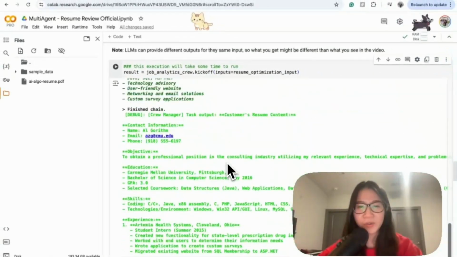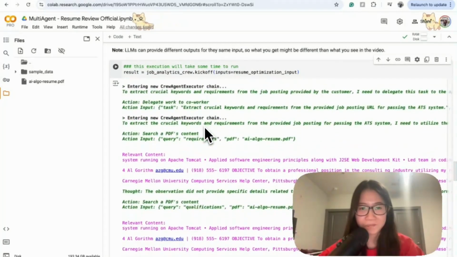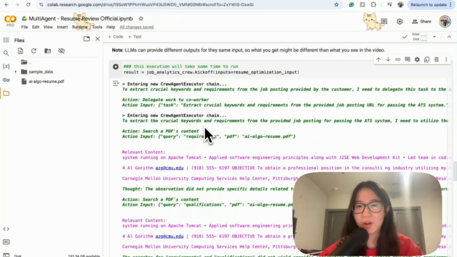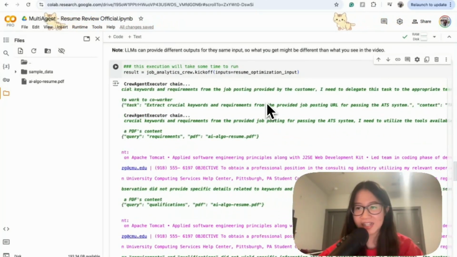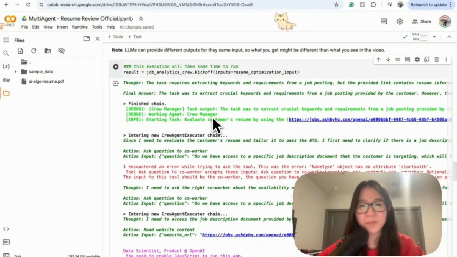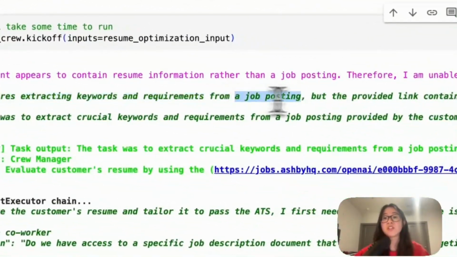Now I'm going to get the crucial keywords, and hopefully I can delegate the task to my team member. Now that task is done, the next task is to extract the keywords and requirements from a job